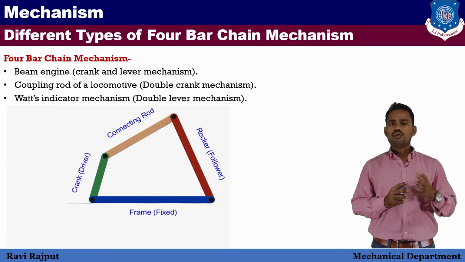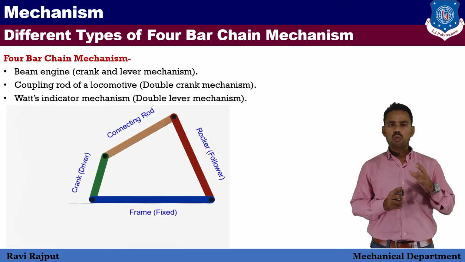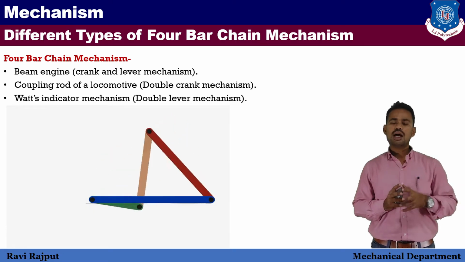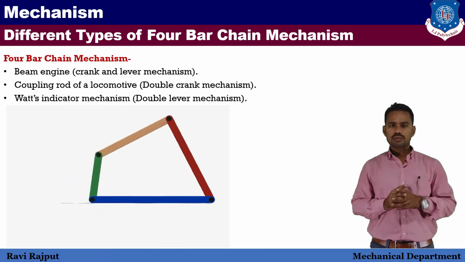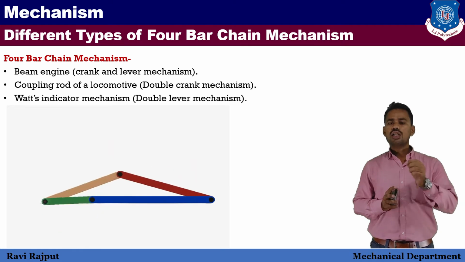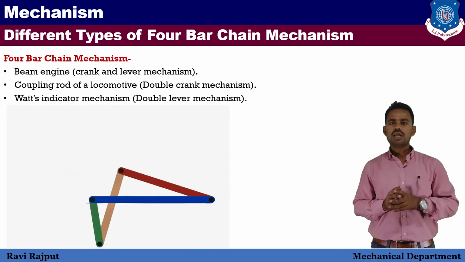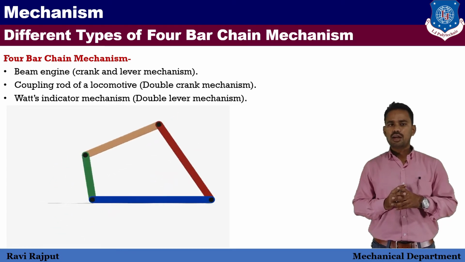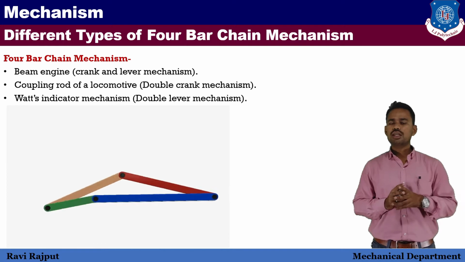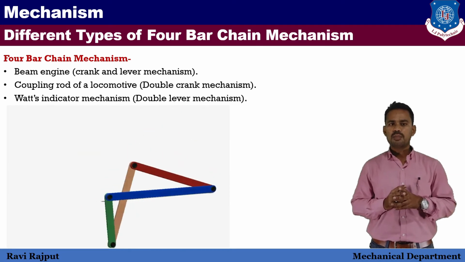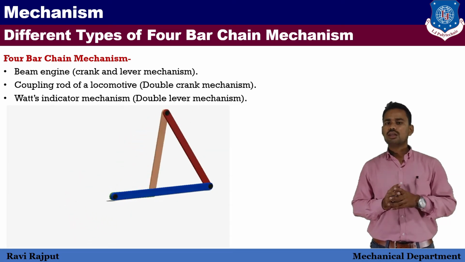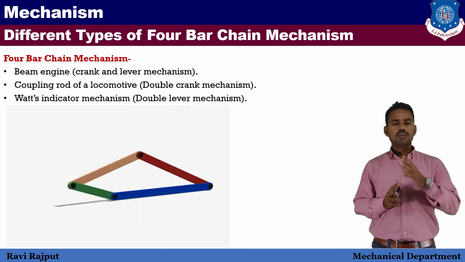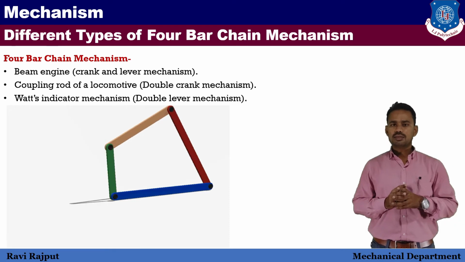So what is a 4-bar chain mechanism? Basically, different links are linked together in such a way that all the pairs of the chain are turning. Here you can see in the video that all the pairs are turning pairs. Like the green link is connected to the yellow link and they form a turning pair. Yellow one is connected to red and further red is connected to the blue one, and all are turning pairs. The blue one is the fixed link and that is necessary.